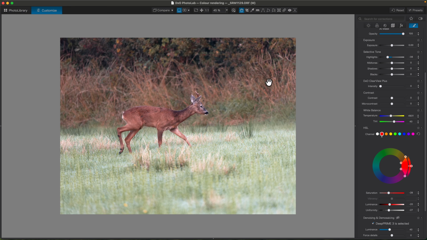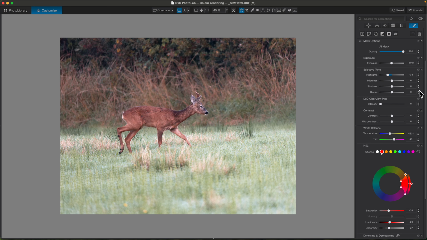and I might even go and just cool the background down a bit with the white balance. And I'm even going to, not a bit too much, take the exposure down slightly. So we'll leave that at that for now, and then we'll go to our